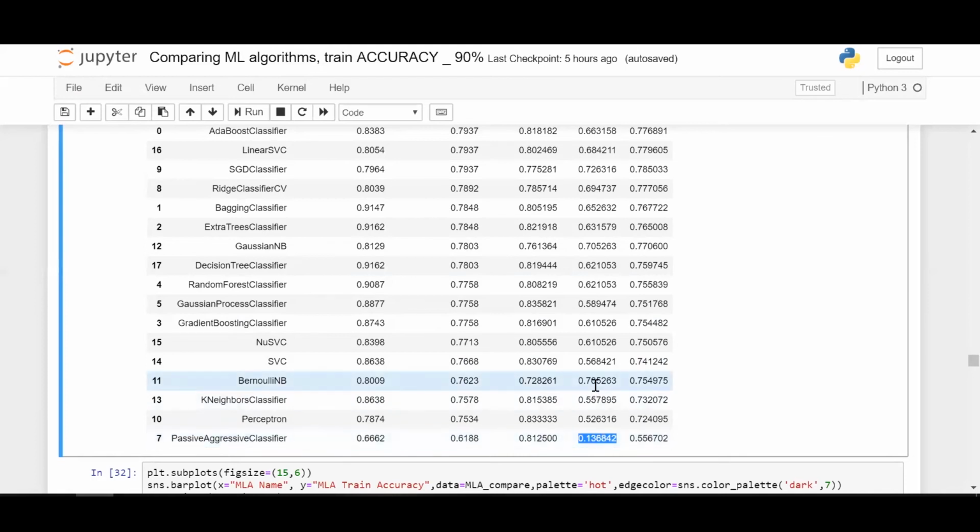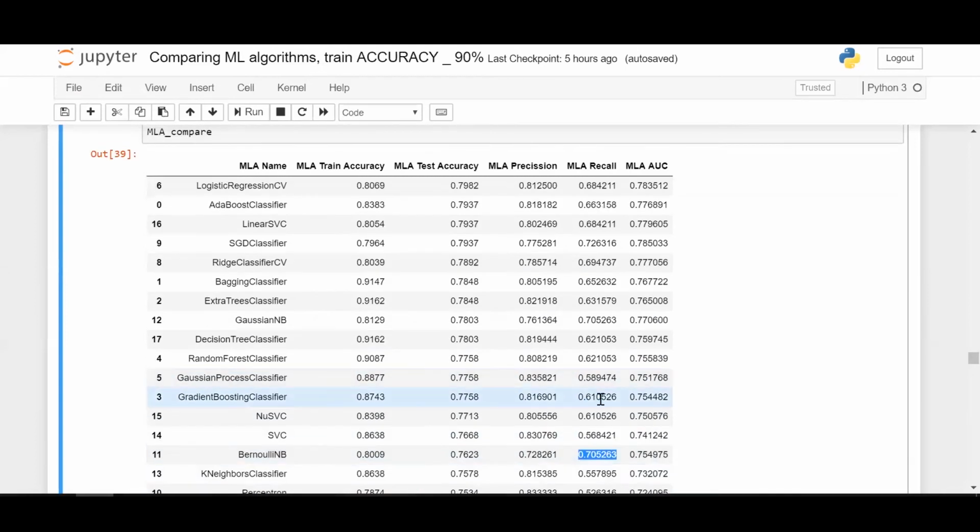The ones that are good are the Bernoulli naive Bayes algorithm, the Gaussian naive Bayes algorithm, and the stochastic gradient descent classifier. Only these ones have a good recall value, whereas for test accuracy, logistic regression reigns highest, and AdaBoost with 0.793. So it's actually a tough call, but looking at the results, right?